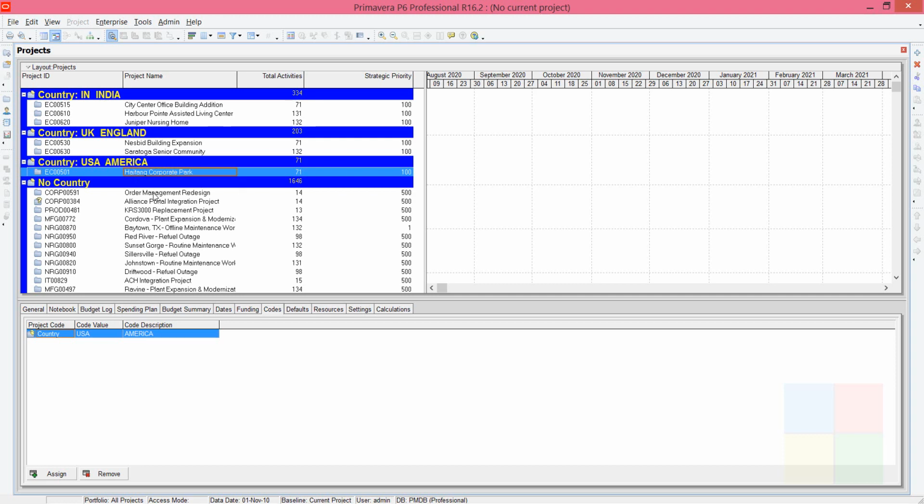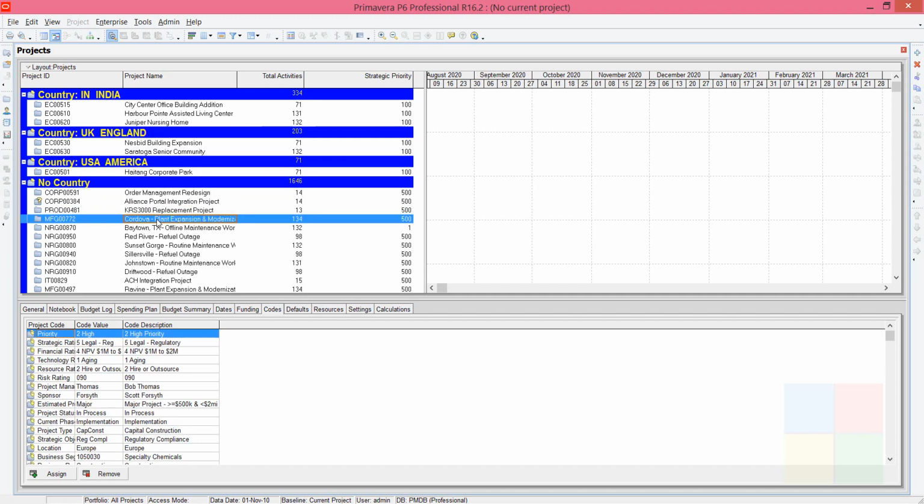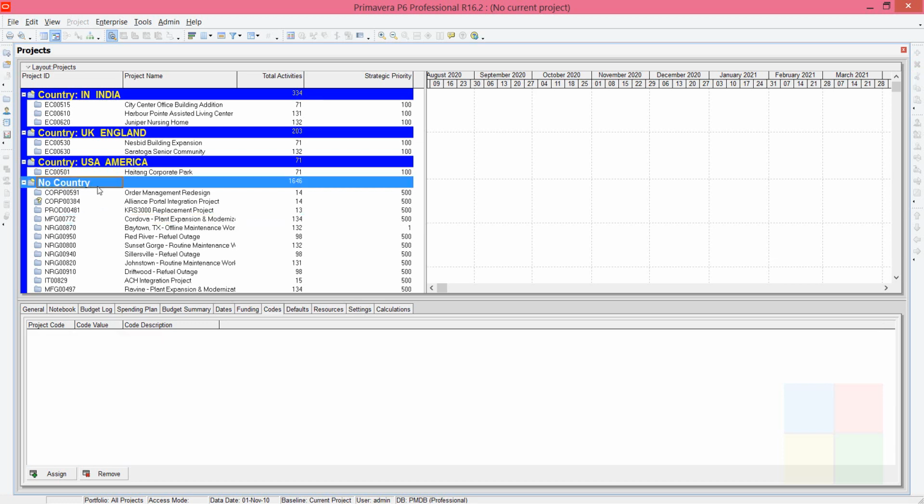For the other projects I did not assign any project codes, so they are grouped differently, as no country. So this is how project codes work. You can use different types of project codes in the same way.